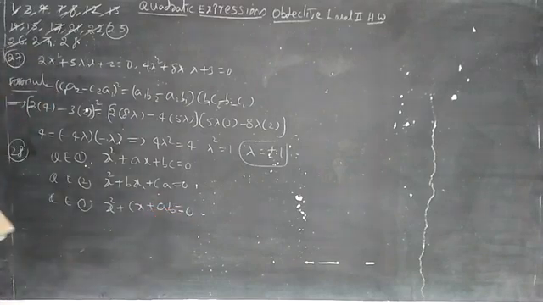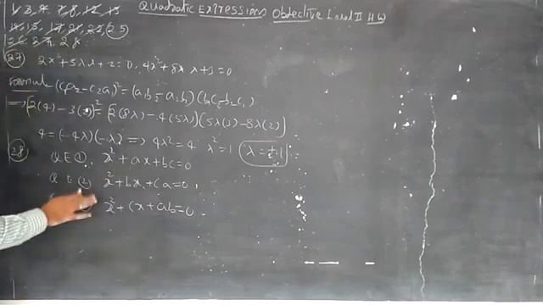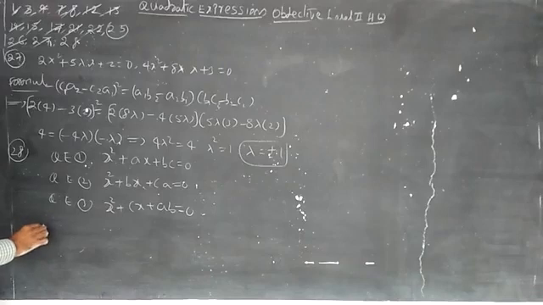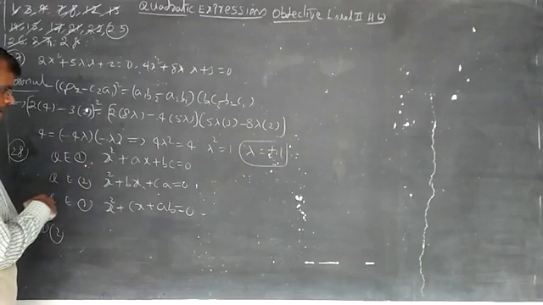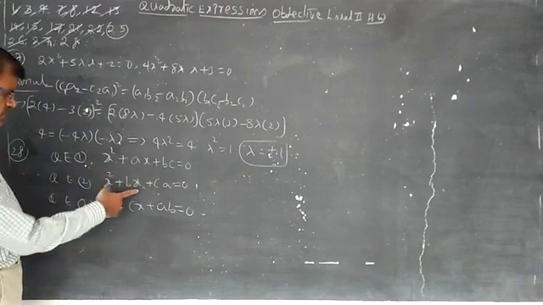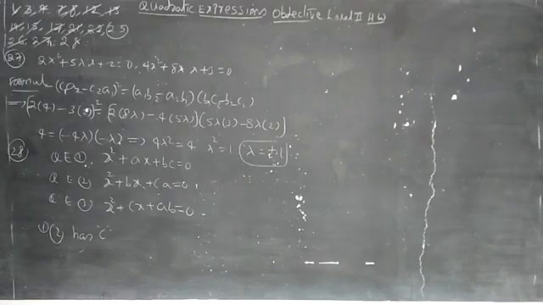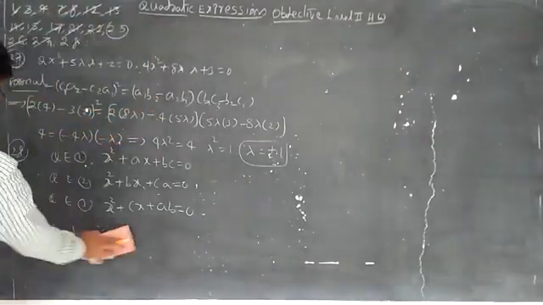Has a common root, then the sum of the common roots. These three equations have a common root. Let us write 1, 2. If we put c here, we get c square plus ac plus bc, and c square plus bc plus ac. So c is a common root of 1, 2.